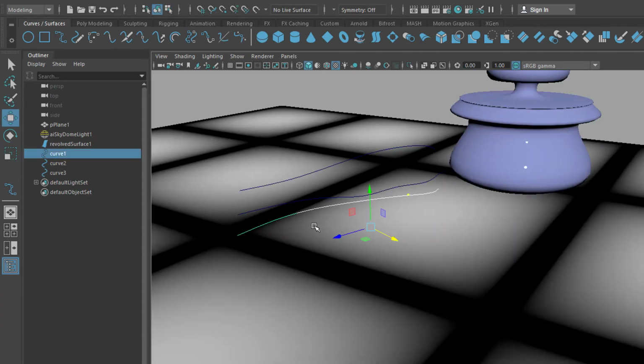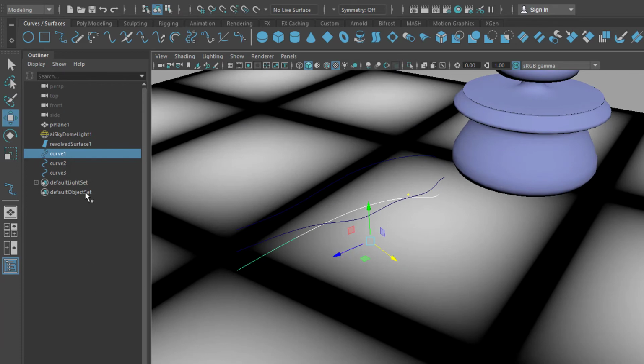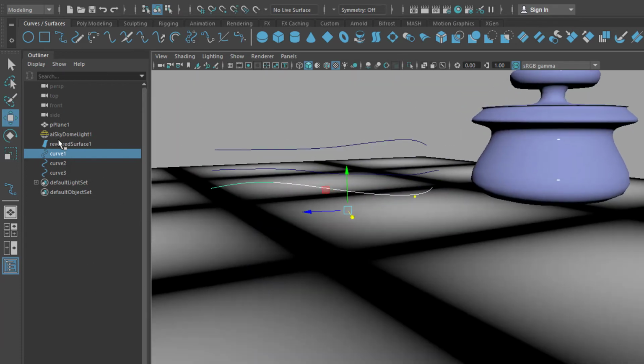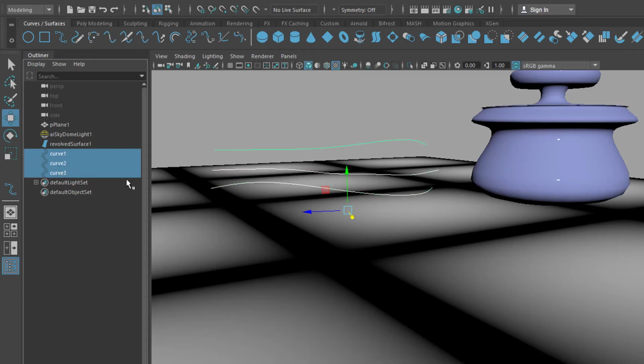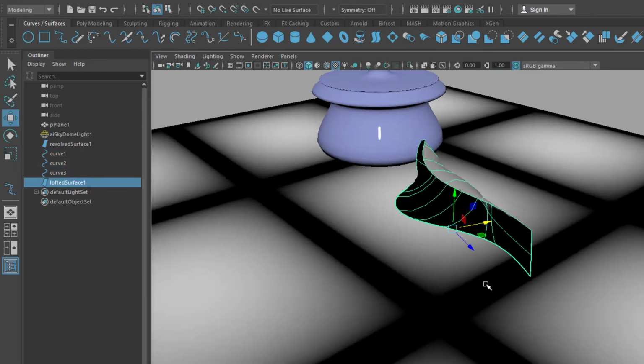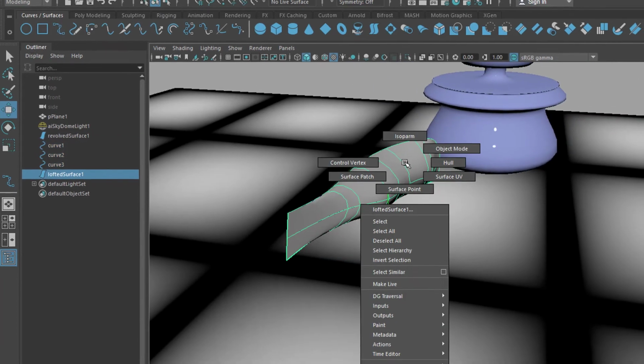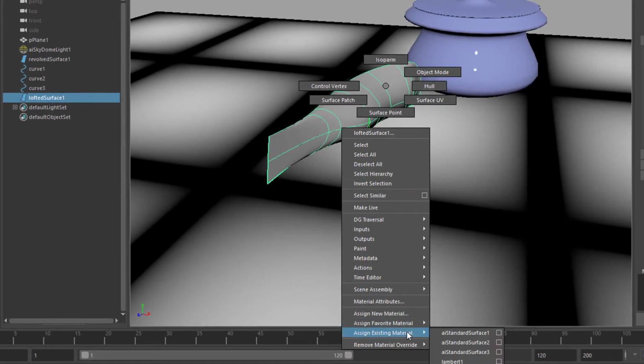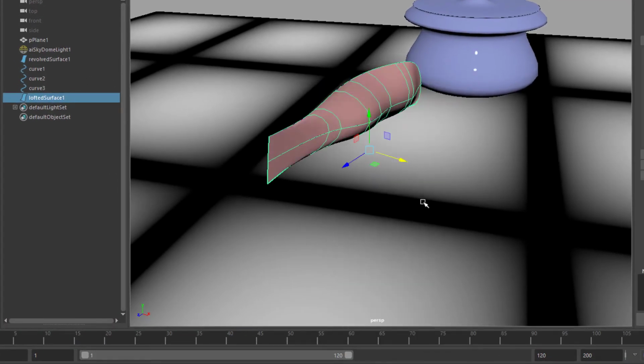Now I need to pick them in a certain sequence. The lower one is this one, plus shift click the middle one, plus shift click the top one, and then I go here. This creates a loft, which is basically building a tent from one curve to the next, to the next, to the next. So this is the tent we have, and we right mouse click and use the existing material, which is this